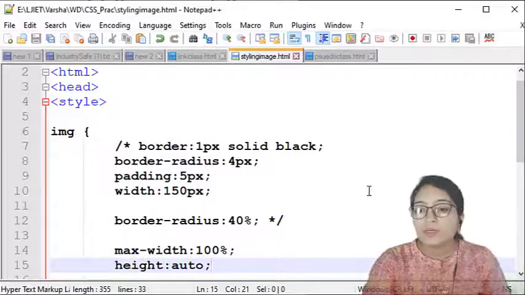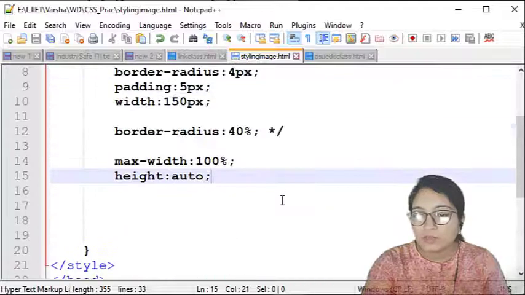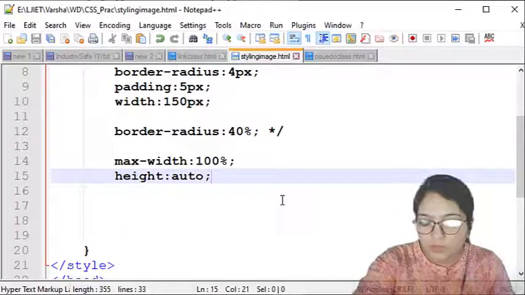Got it? So now here you can see this image will become the responsive image.